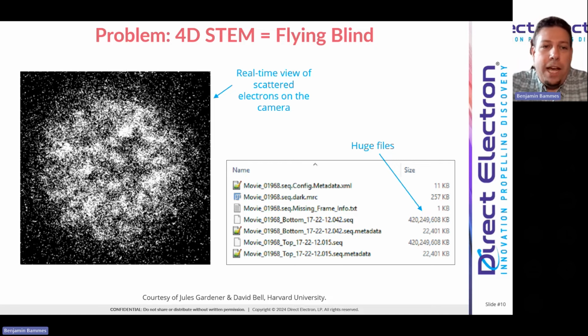In addition to that, even after the experiment, what you're left with typically is an extremely large data set. As Barnaby showed the example of 5D STEM, that data set was about 1 terabyte in size. A typical data set from a 4D STEM experiment would be a couple of 100 gigabytes in size. So these are not data sets that you can easily just open in a standard image viewer. It really requires some processing. So not only are you flying blind during the experiment, it generally takes a little bit of time just to transfer or load the data to be able to see what you're looking at. So there's quite a delay in terms of acquiring the data and then actually seeing the specimen,